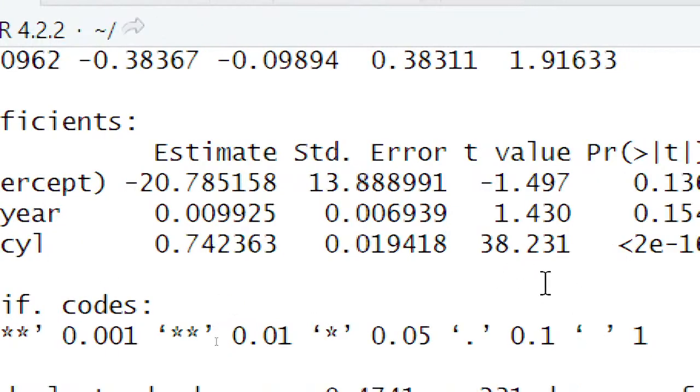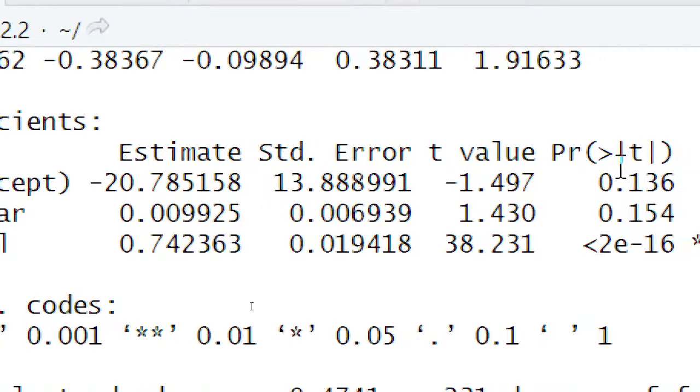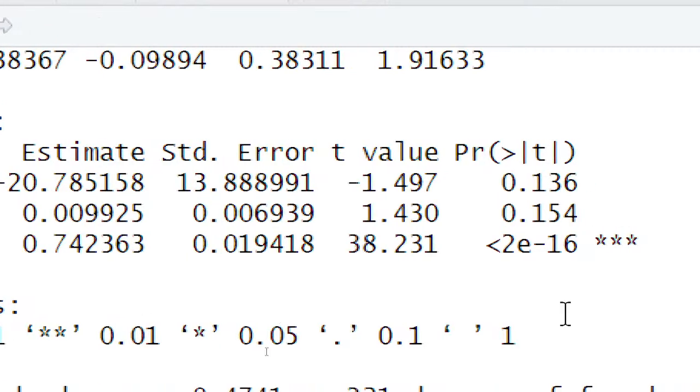Now the T value here, when the T value is also high, there's a likelihood that the variable is likely to be significant. If you look at this, it is written in standard form, which is 2 times 10 raised to power minus 16, which is 0.000000, up to 16 zeros. So this is telling us that this is significant even at the barest minimum. This is less than 0.05. This is less than 0.00001. So summarily, this is saying that